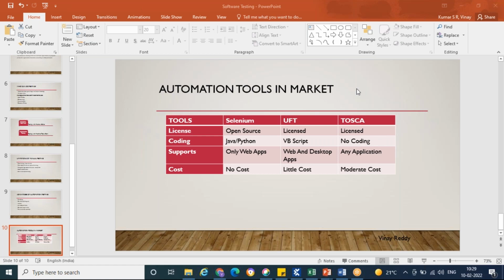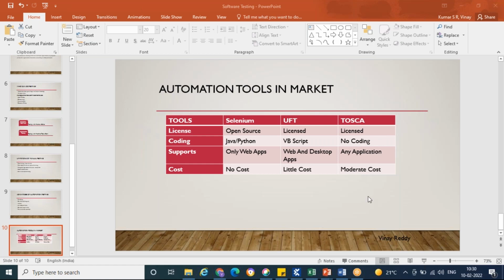But you people may ask why many automation testers or manual testers in many major companies were not knowing about Tosca for the past 9 years. Why? Because Tosca had a high cost at that time. Only major companies like Accenture, Wipro, TCS, Infosys had it, because they could afford the cost. But from 2020 they have reduced the cost to a moderate cost. Now many small companies are also incorporating Tosca into their